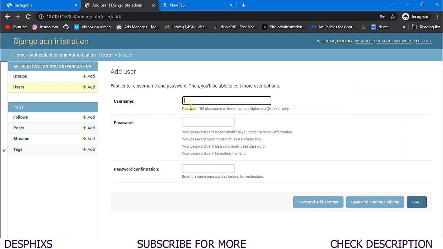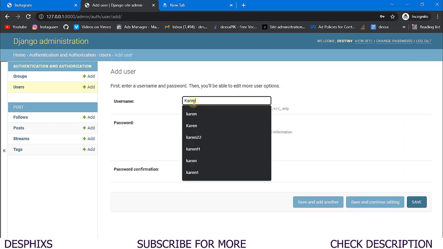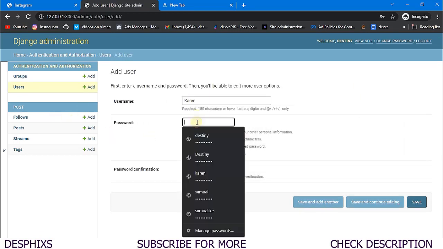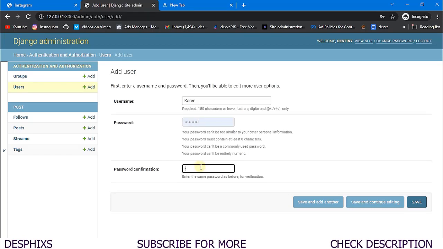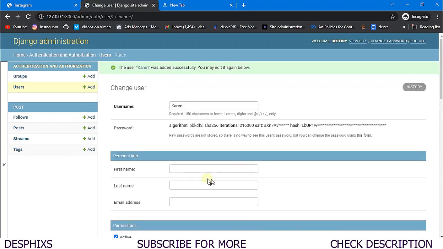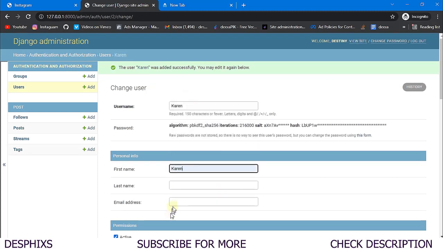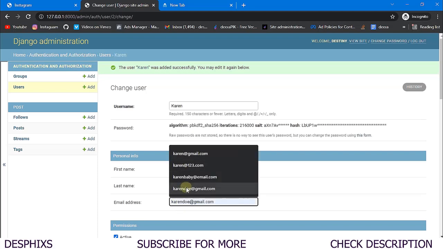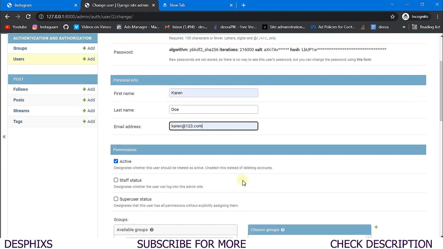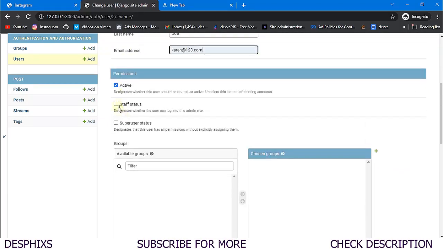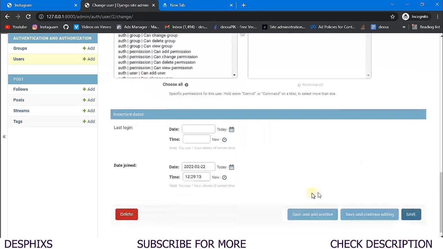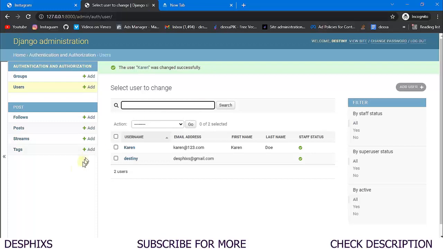So I'm gonna add user, and this user should be Karen. Yeah, I use a lot of Karen names, and the password should be testing321. And I'm gonna go ahead and save this out. For Karen, I'm gonna fill in her first name, Karen Doe, email address Karen at 123.com, and so on. Yeah, let's make Karen a super user too,